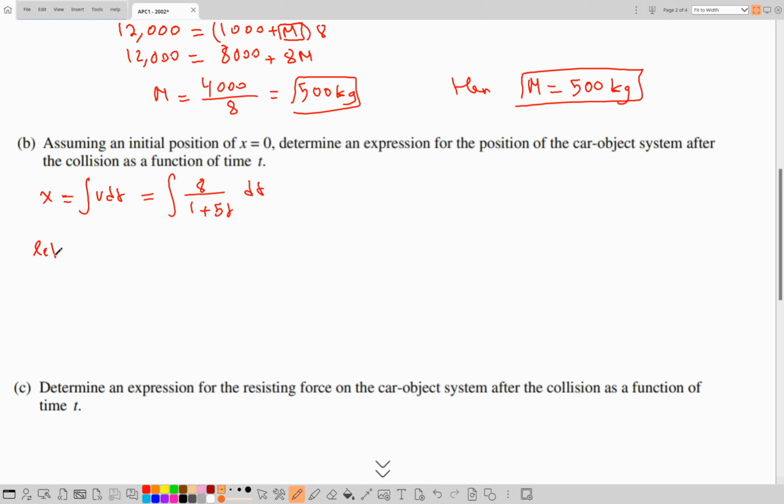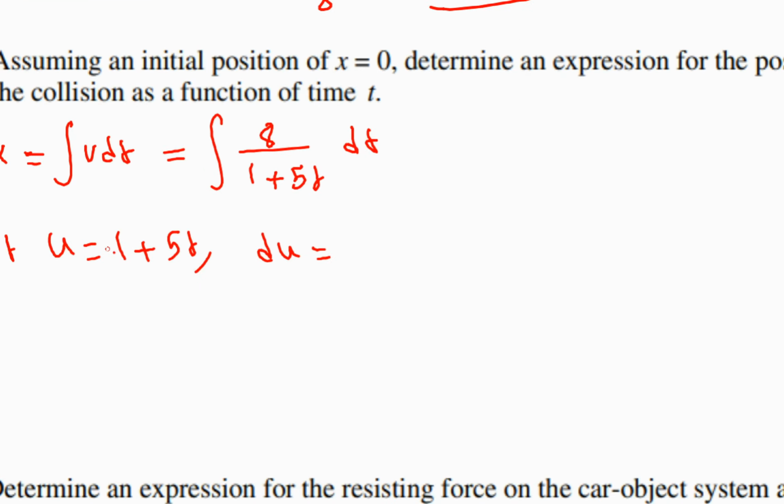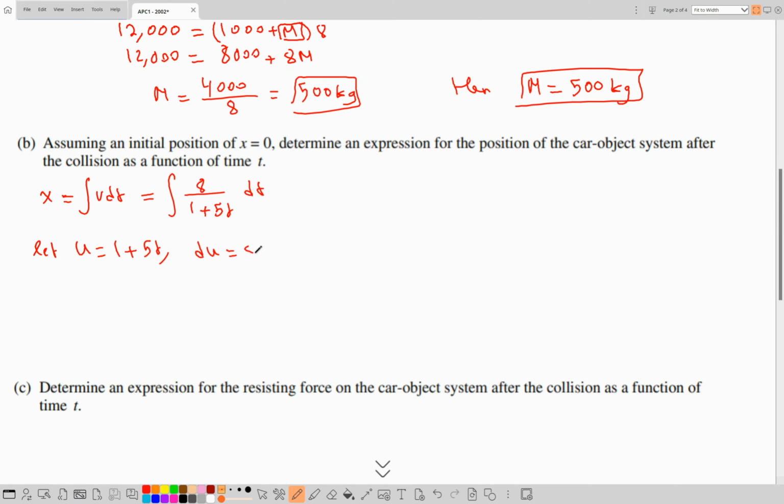So let a new variable u be given by 1 plus 5t, which means the differential du would be the derivative of this, which is basically 5 multiplied by the differential of t, which means that dt is given by du divided by 5. Now completing the integral here, that would be 8 divided by u multiplied by du divided by 5. So that would be 8 over 5